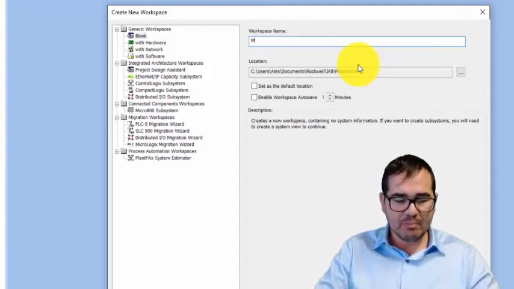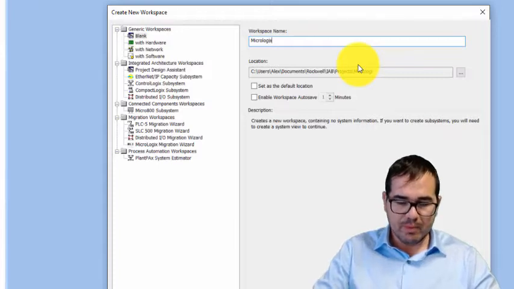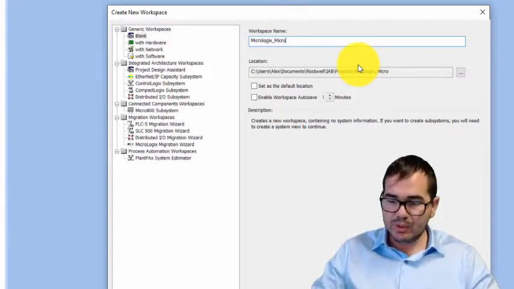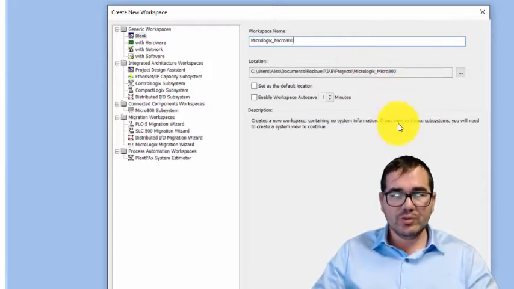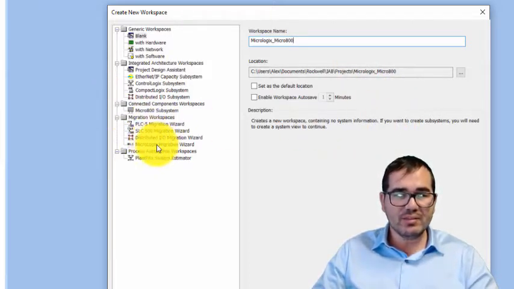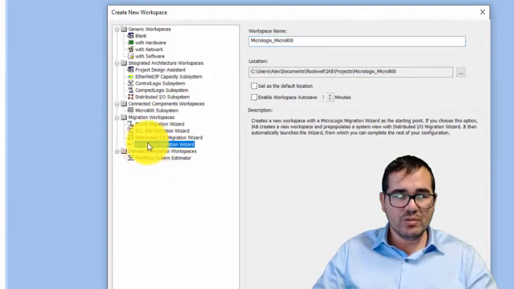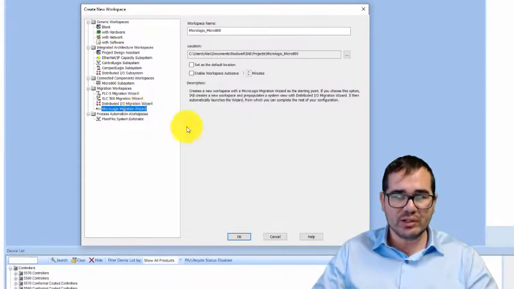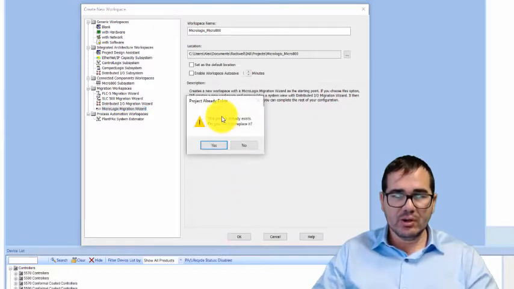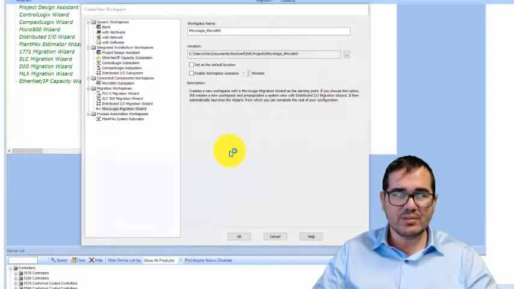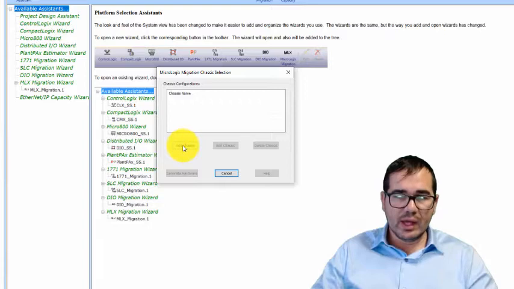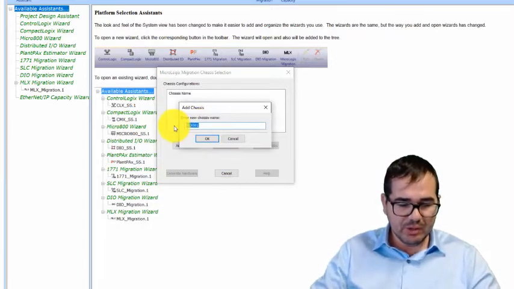I'm going to put MicroLogix to Micro 800. This is the name I'm going to use, and the next step is to choose the MicroLogix migration wizard. So let's click here, okay. I'm going to replace, yes. So add chassis here. The name we're going to use here is